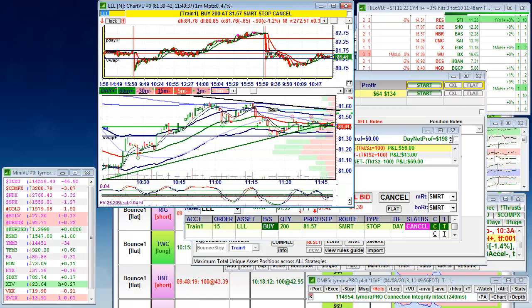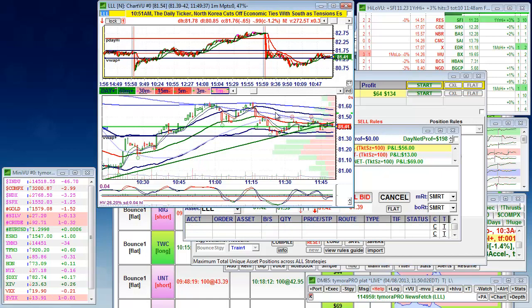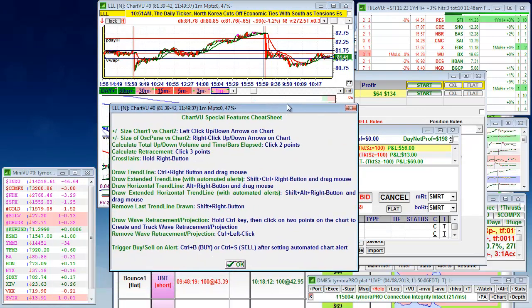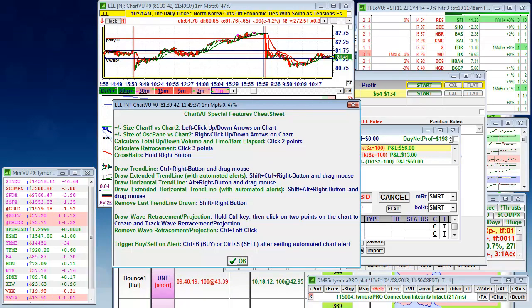And I double click. I'm just canceling it. This was just a quick demo, so I don't actually want it to buy there. And I'm going to remove that trend line. Just so you understand how to access some of those keys,